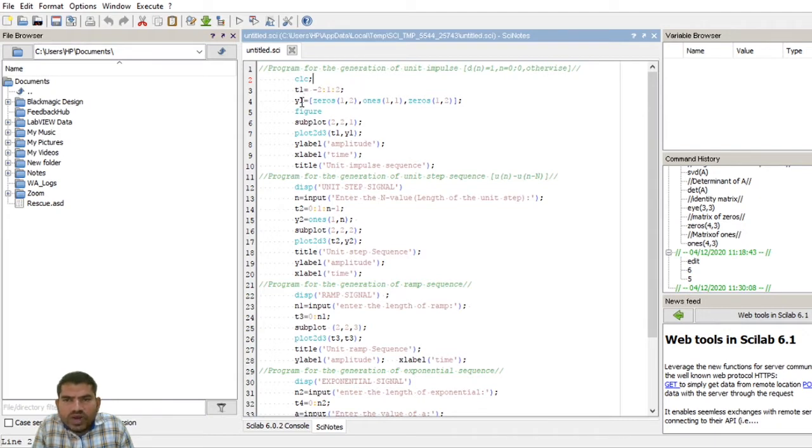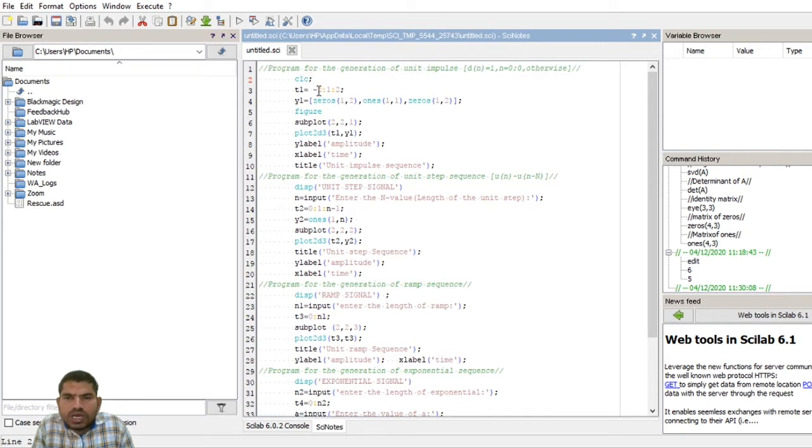Now y1, this is y1, meaning the y axis. In this y axis, zeros of 1 comma 2: 1 comma 2 means first row, two elements are zeros.